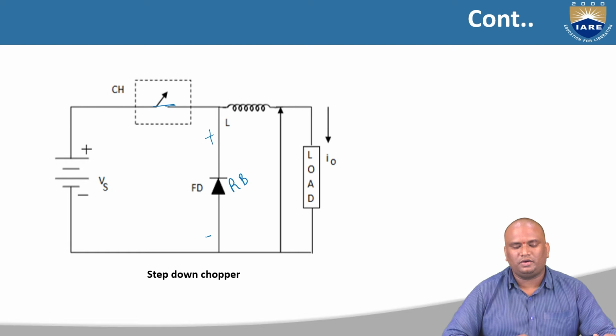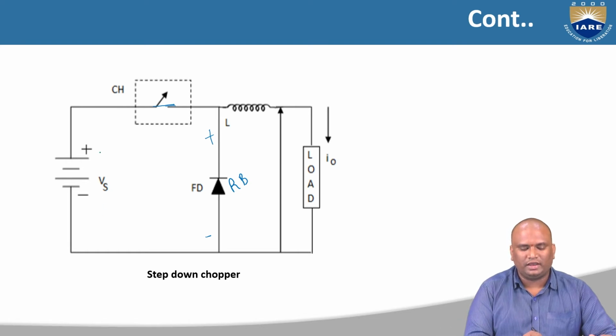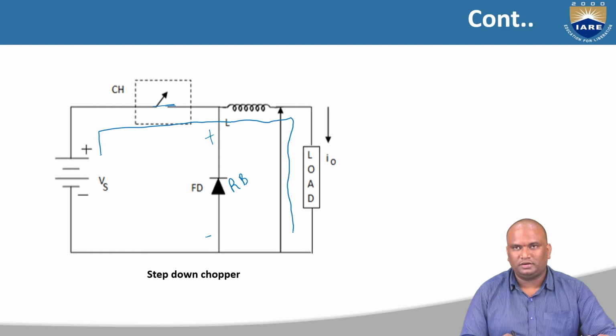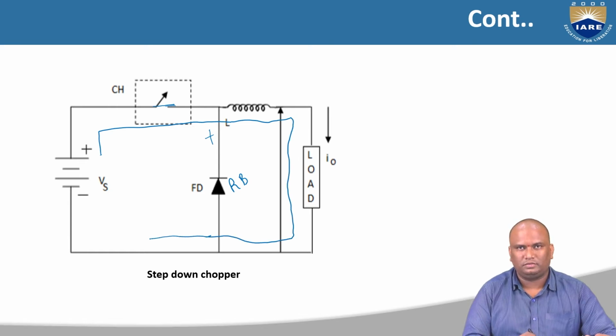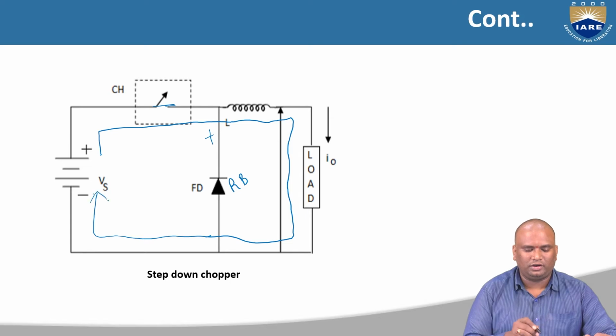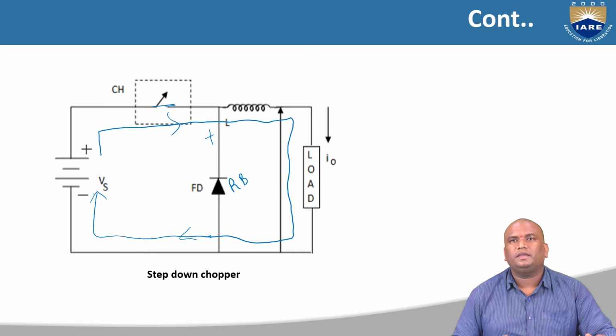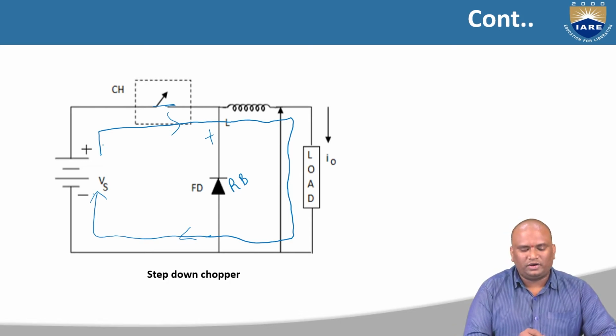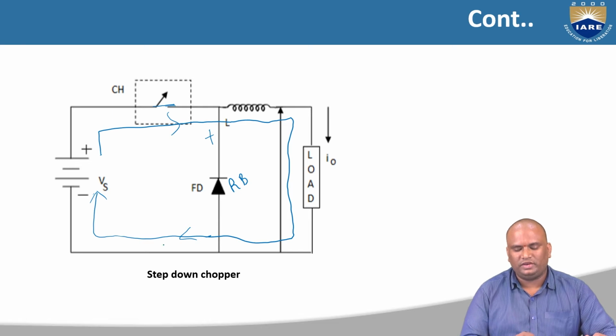So once the freewheeling diode is in reverse bias condition, the current starts flowing from Vs, chopper, inductor, load, and Vs minus. This is the current direction in the circuit which is shown in the figure. So once the current is flowing from Vs positive to Vs negative through the load, here the output voltage will be equals to,